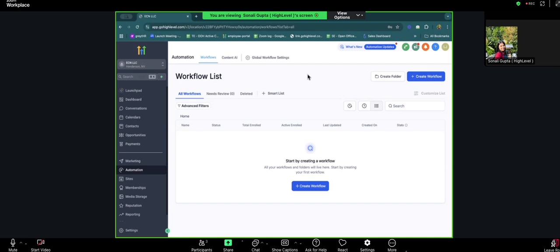Okay. So in simple words, you can make certain tasks and processes automated using workflows. You can also integrate your workflow inside your funnels, your websites, your social media platforms, even in these tools which you see right over here.